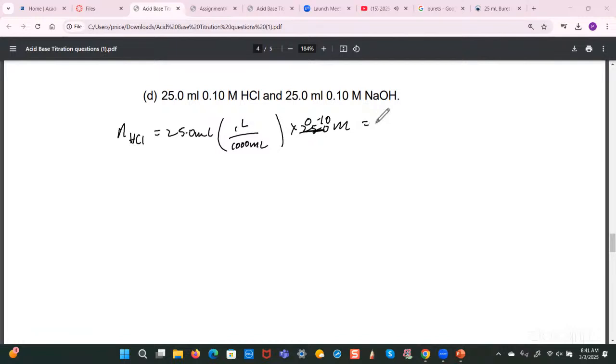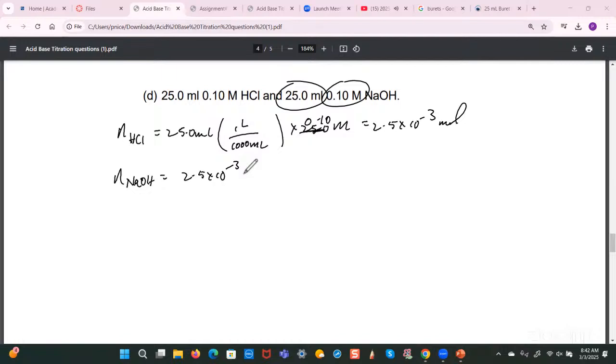And that would be equal to 2.5 times 10 to the minus 3 moles, right? Now, because the molarity and volume is the same for the sodium hydroxide, that means that the calculation for sodium hydroxide is exactly the same and will give you the same result,